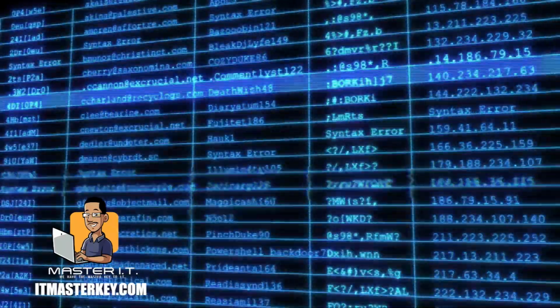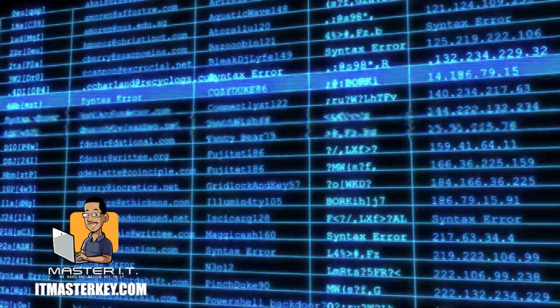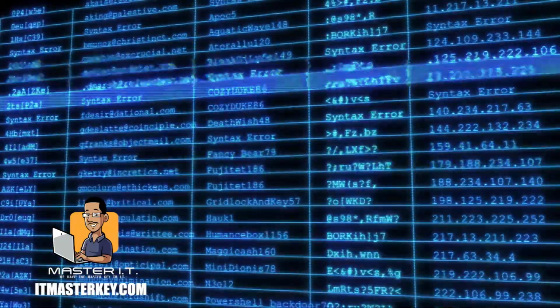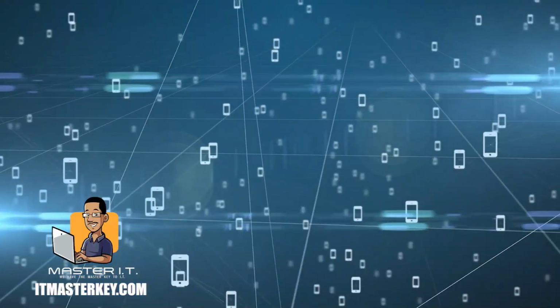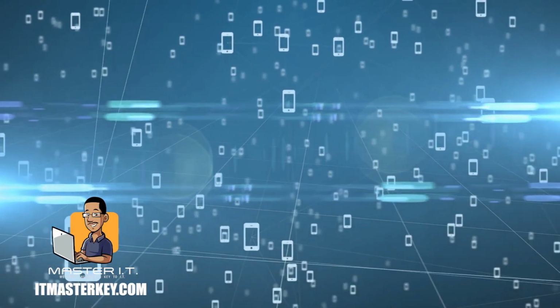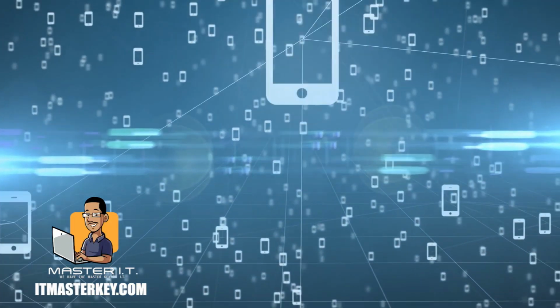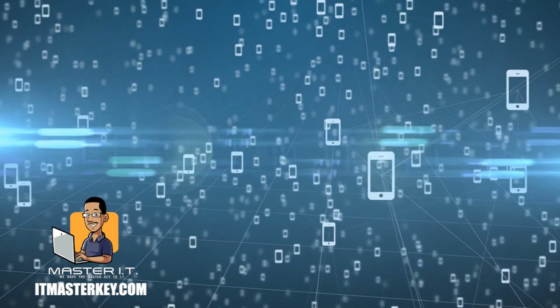So scalability. Scalability is super important because it means that you can actually be cool right now, and when you scale, aka grow, you actually have enough bandwidth, enough IP addresses to cover those new employees that are going to come